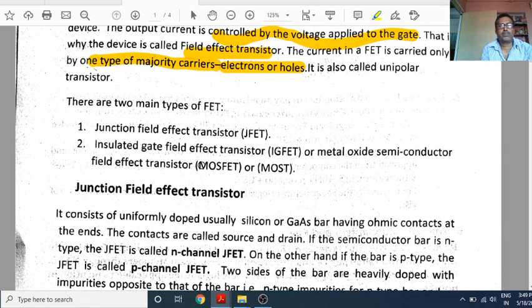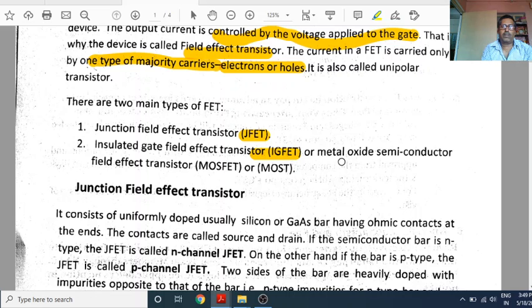There are several types of FET, but basically there are two main types of FET. First, junction field effect transistor, simply we call it JFET. And second, insulated gate field effect transistor, IGFET.